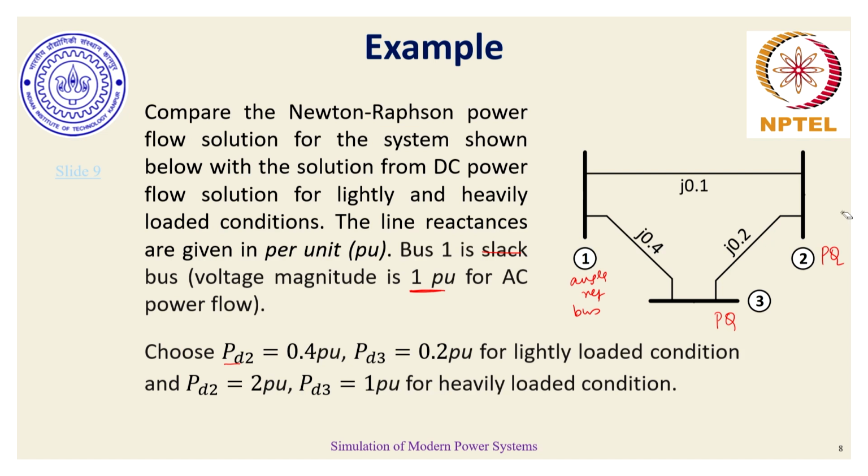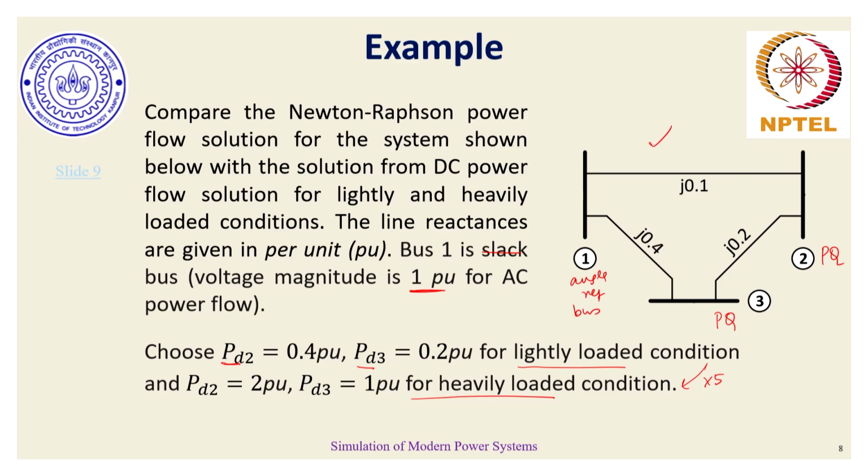And that is why PD2 and PD3 are mentioned in the DC model for two operating conditions, one for the light load condition, the other for the heavily loaded condition, where the load has now become 5 times the light load condition. We will try to solve DC power flow for both these conditions given this power network and compare